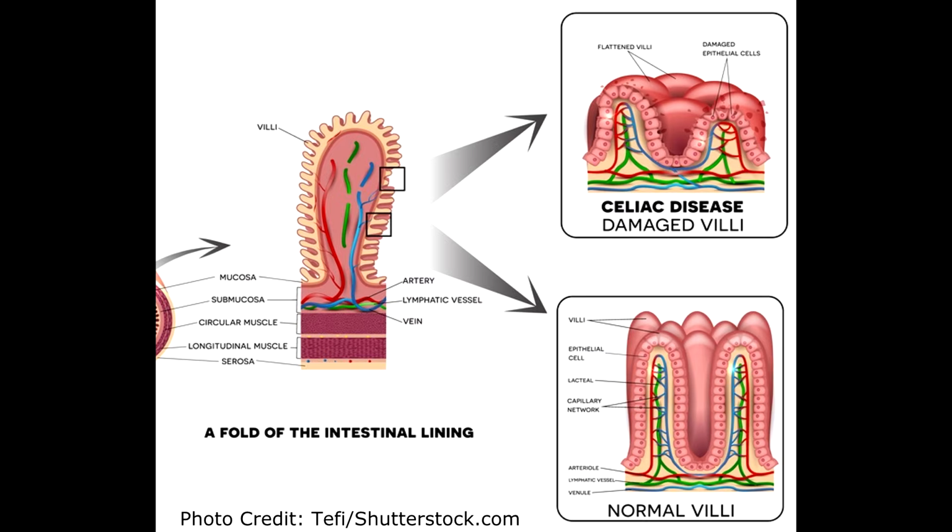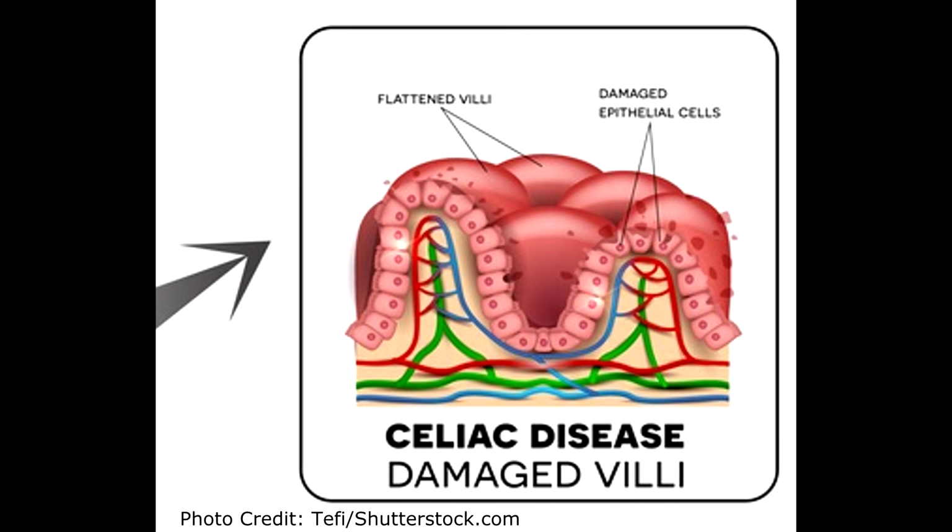Now, the picture on the bottom is a picture of what normal villi should look like. They're tall, they have those finger-like projections, which help with the increased surface area for absorption of food. Now, the top picture is a picture of someone who's been eating gluten, and the body does not like that, and the immune system has attacked that area, and notice how they have completely just flattened, and you have the dead epithelial cells. It's just not working appropriately,